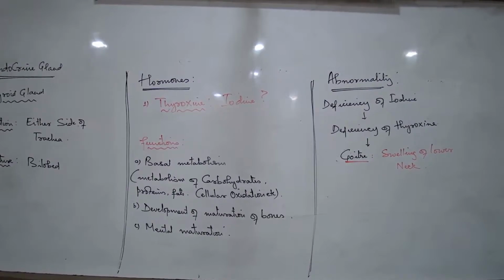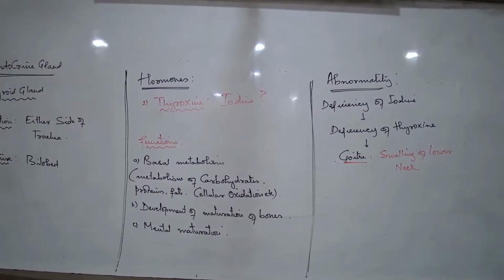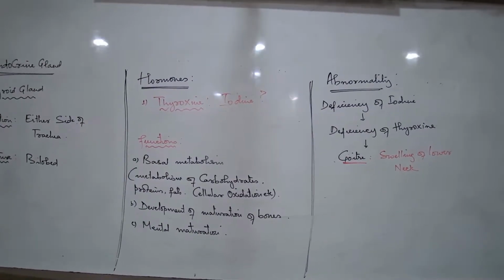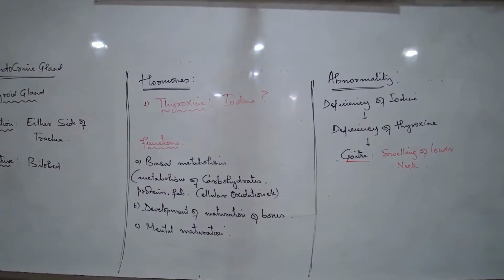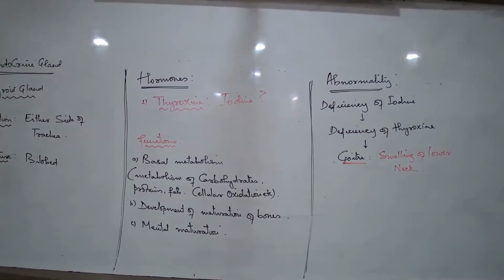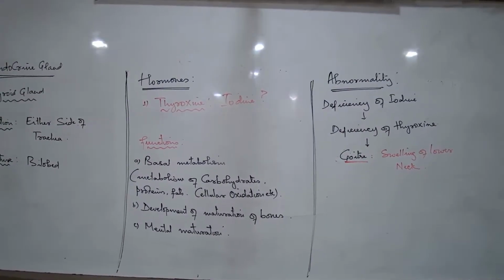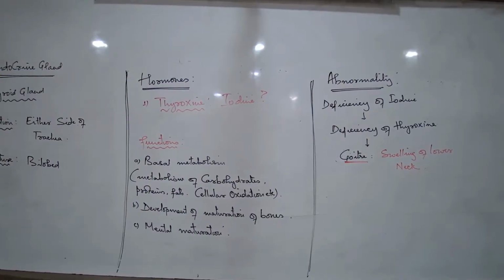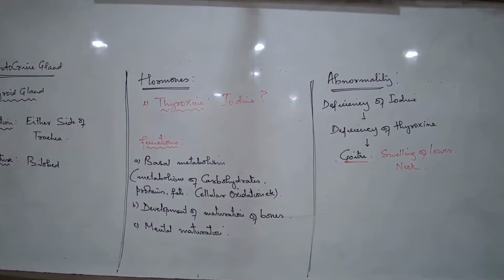Full stop. Explain. Answer: The soil of the mountainous regions is deficient of iodine,